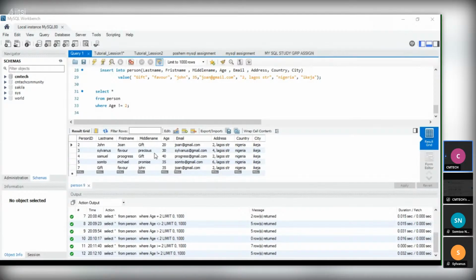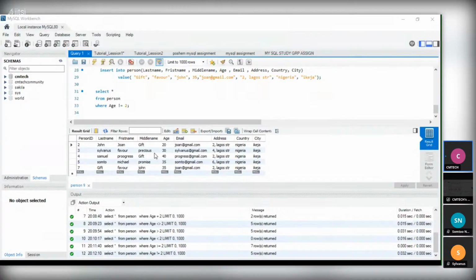We can also use IS NULL or IS NOT NULL. IS NULL gives us the rows where there is a null value. Now, what are we going to do?